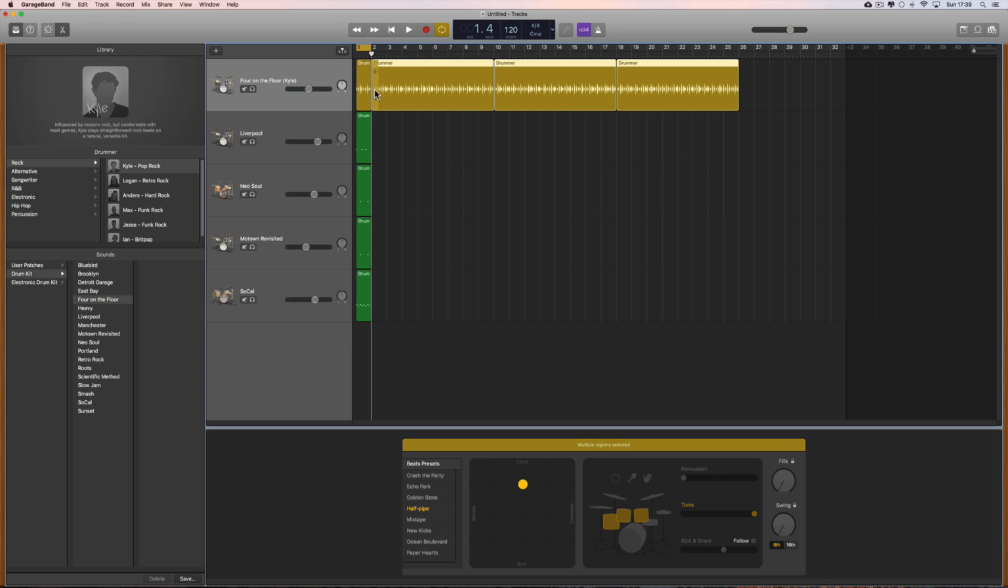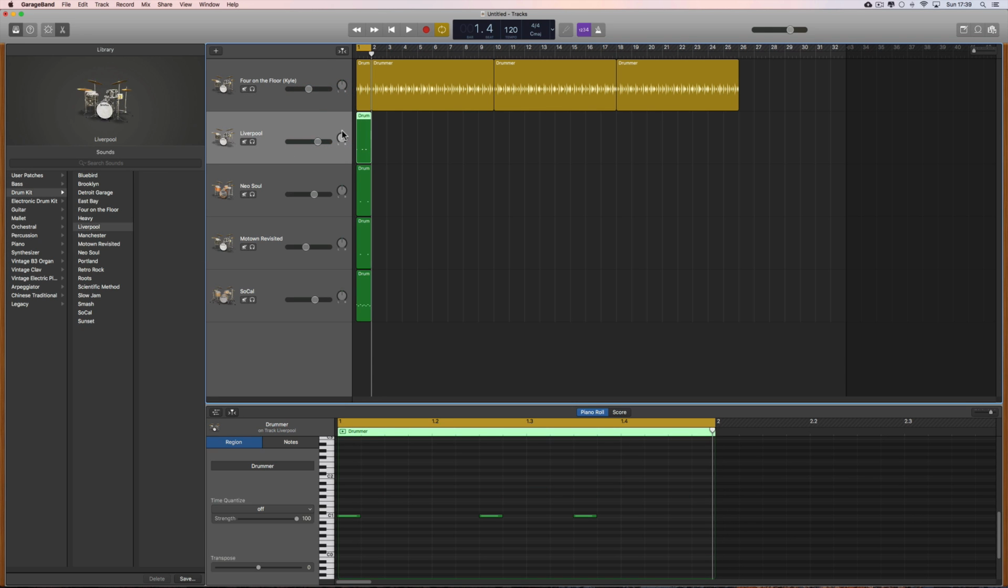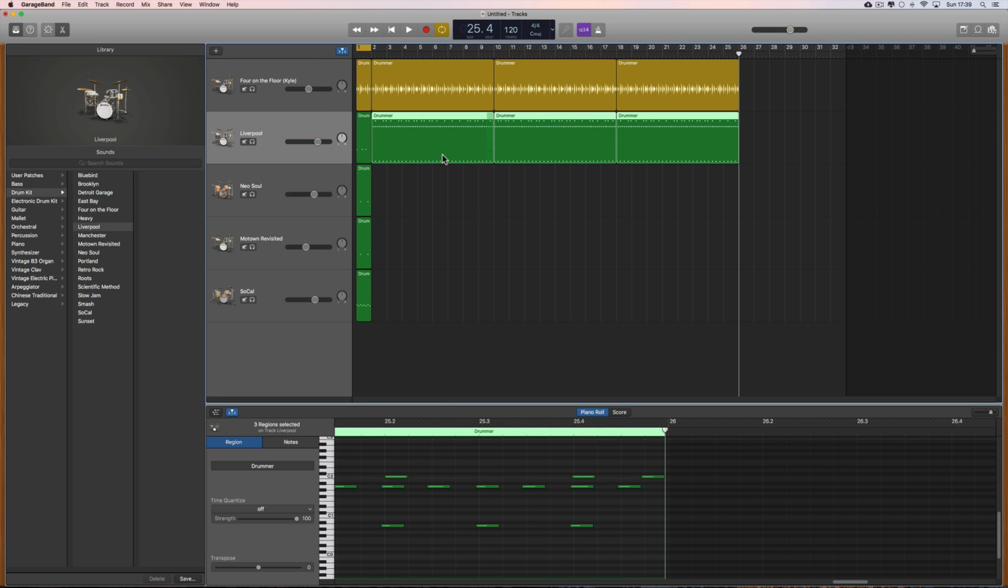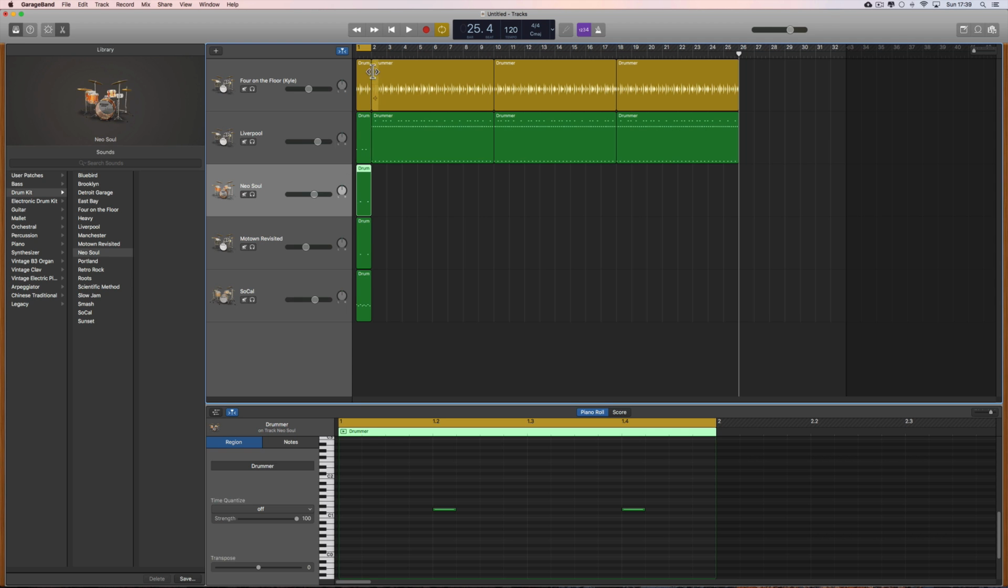Command C, copy the whole lot, choose your next track with the kit on, Command V, paste in, and there's all the drumming, snare, hats, whatever your patterns are made of, kicks, snares, hats, toms, whatever, paste it in, but it's the whole length of the song. And then again, paste in,